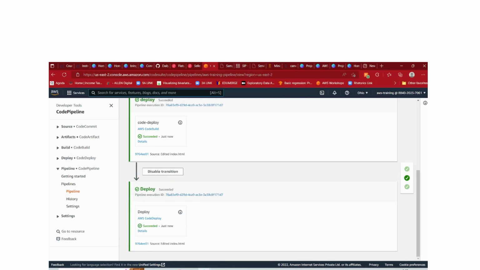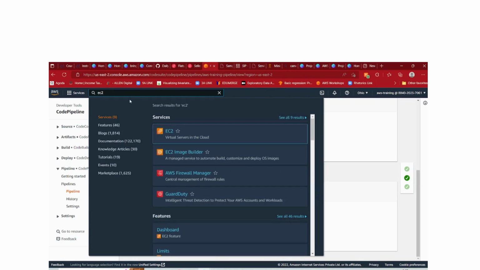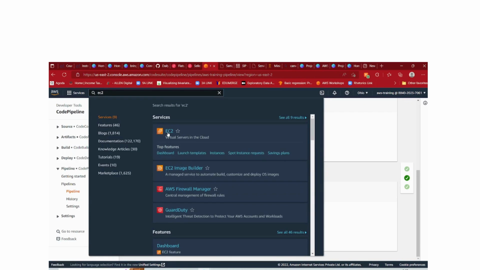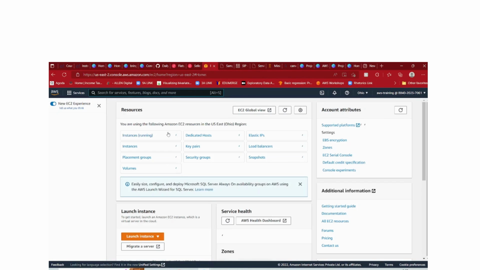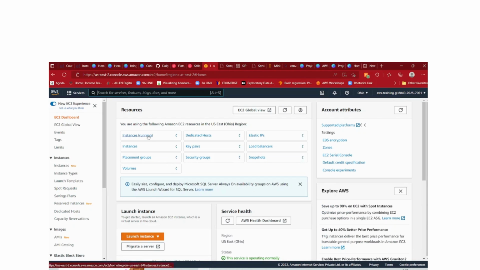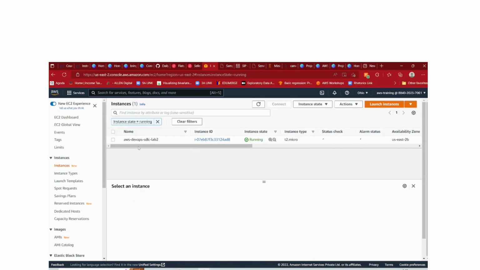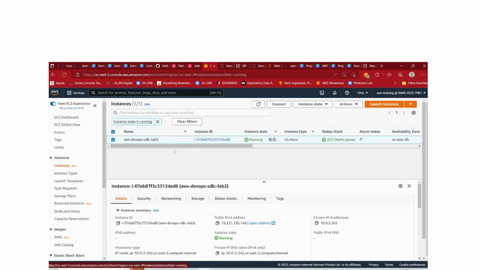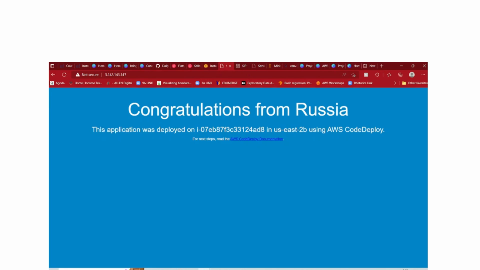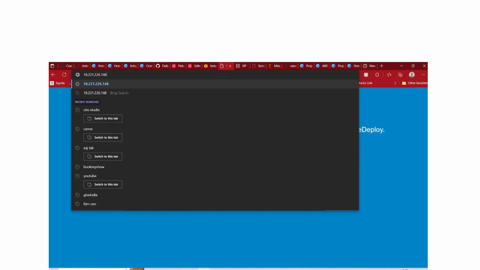Very good. Now go to your EC2. Remember guys, we did a modification in index.html. Congratulations from America. Now it should show me that congratulations from America from the web server. So it got deployed in your EC2 instance. This is my EC2 instance, right? So I will take this public IP here, and I will